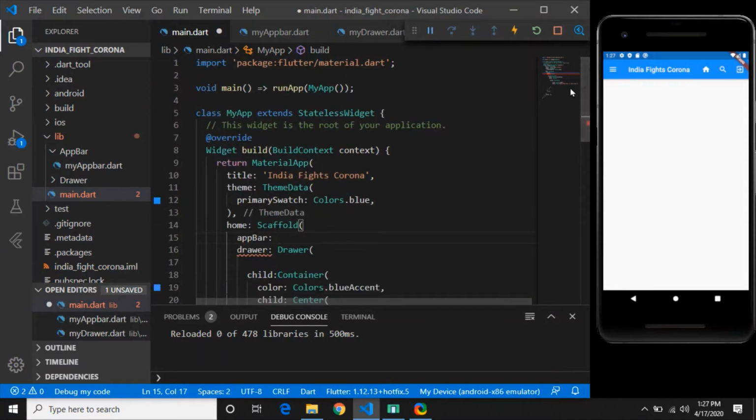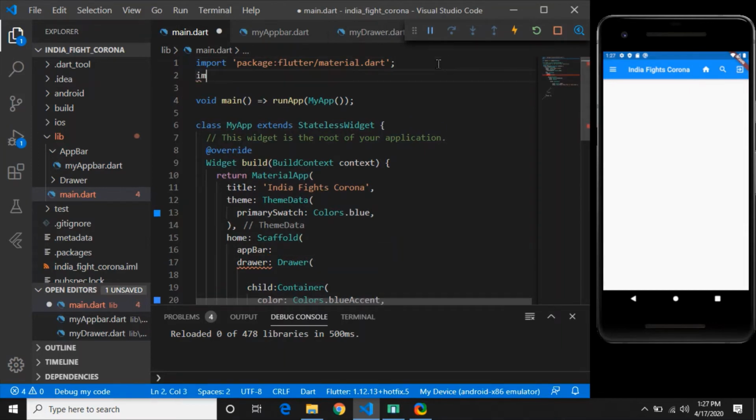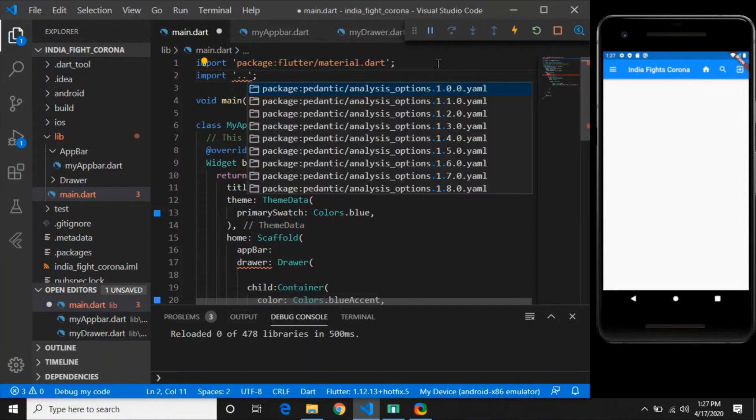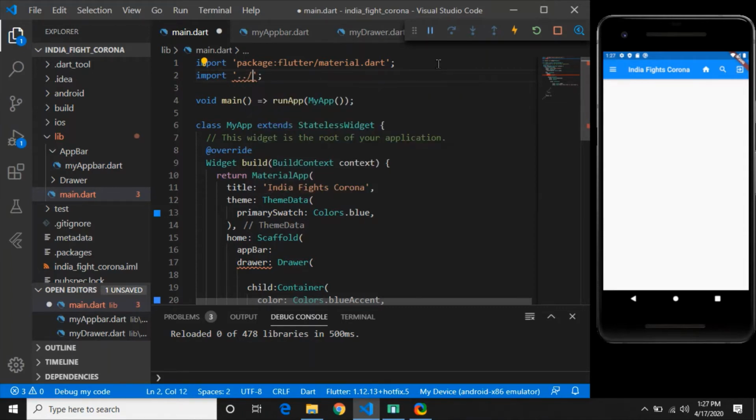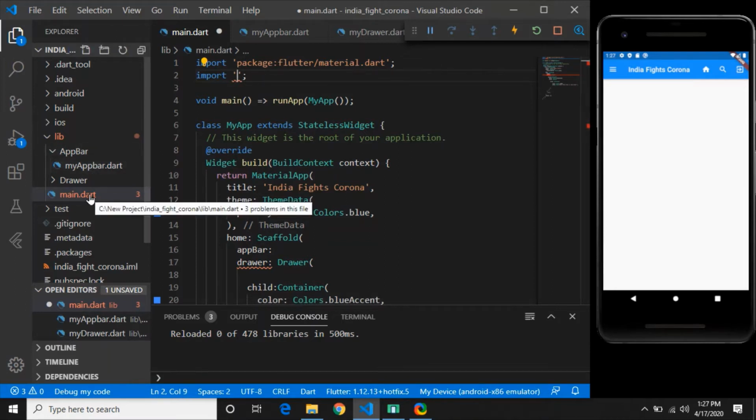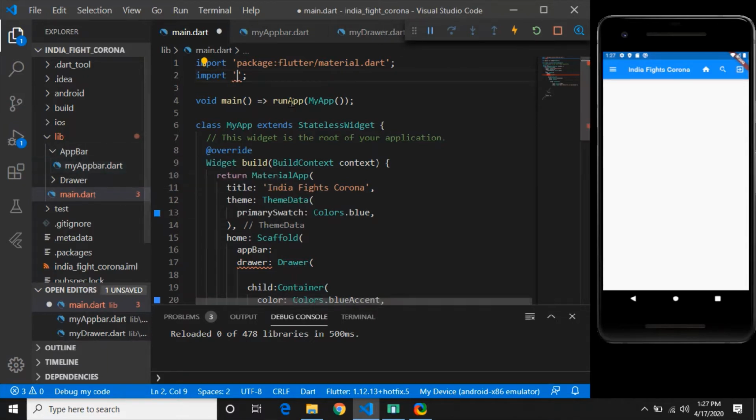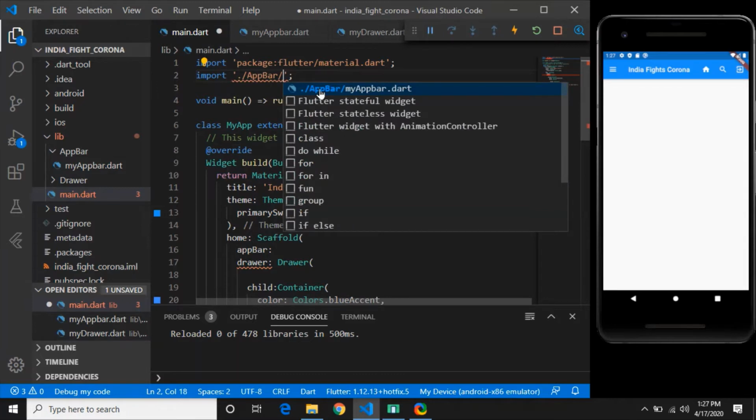So I will write import. Now what is this double slash, I will just tell you shortly. This slash means it is going one directory back, and this slash will tell us we are in the main directory, right? We are in the main dart file. Look, we are here and I want to point to the app bar and my app bar dart, this file. So I will simply write slash app bar and automatically I get my app bar dart. So I am pointing to my app bar